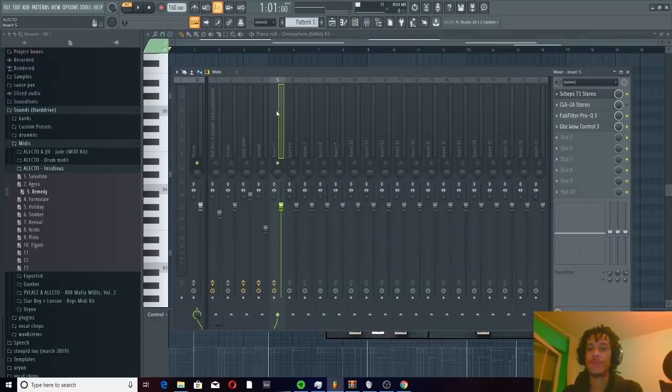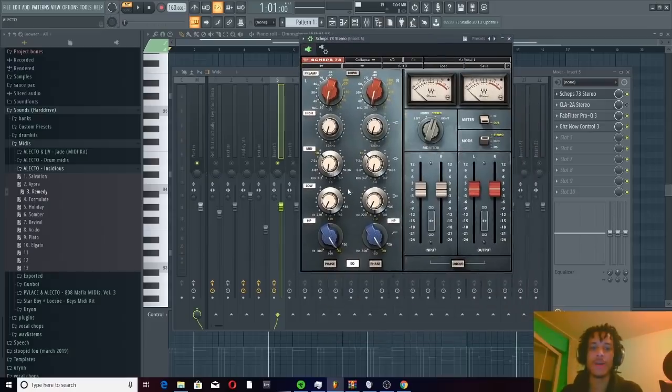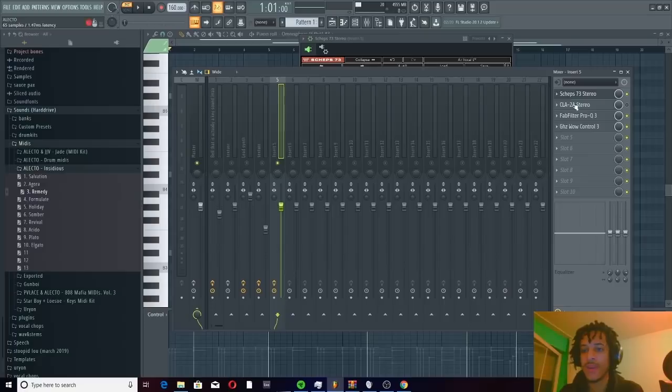Okay, so now that I've found a melody and a preset that I like, I'm going to mix it. And for this vocal, I decided to choose another preset named Vocal 1 to add a little to it, and I'm also gonna put the drive on, not too much though, just slightly. And on top of that, I'm going to cut out the lows of this,